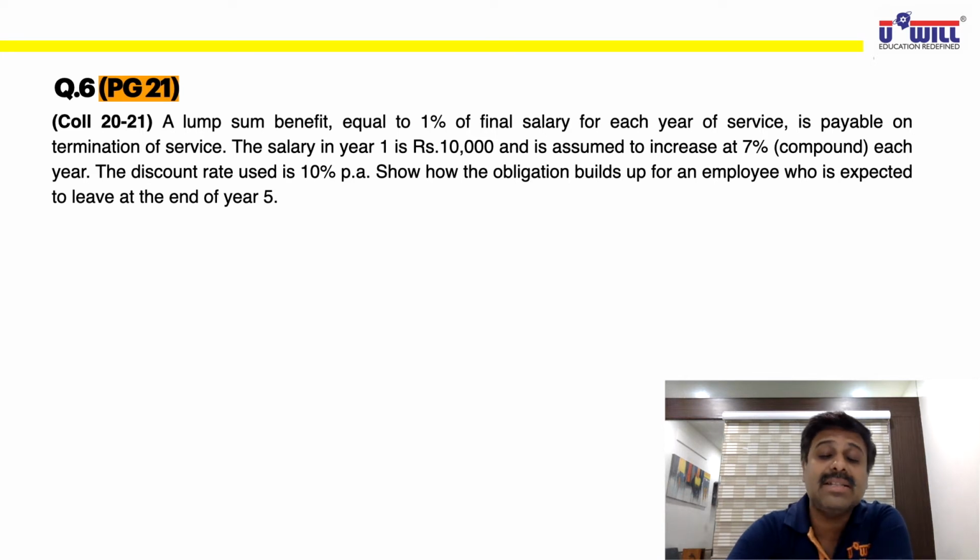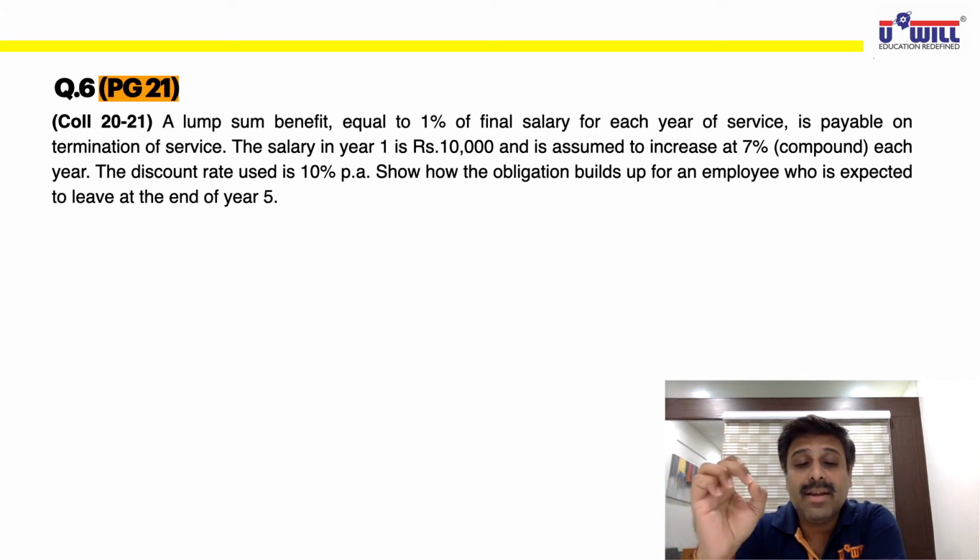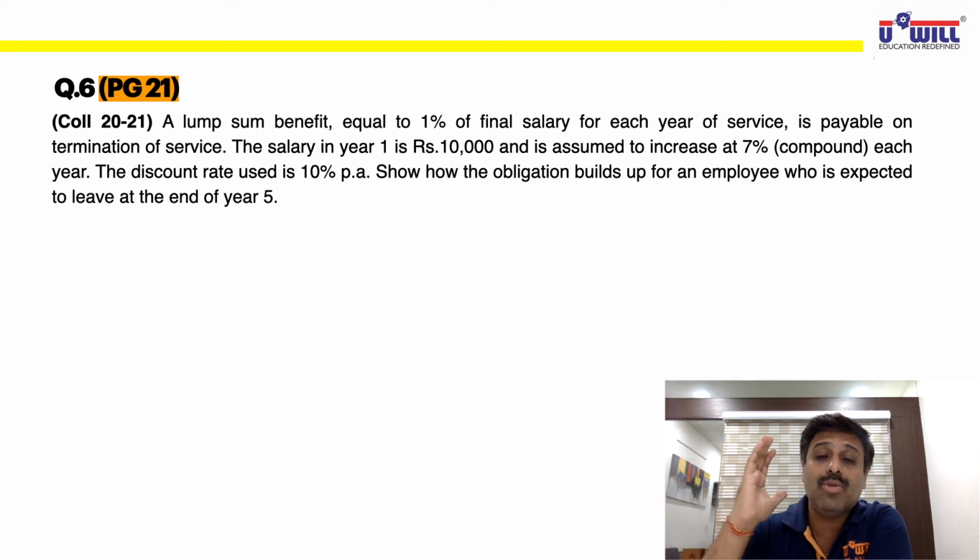You understand what is the discount rate? The rate used to convert future value into present value. In short, like a discount rate, investments will fetch 10% return. Write that. Whatever money you invest right now will fetch 10% return every year. So whatever amount you require to invest, lesser amount will be required because 10% return will also be generated on the same. So the discount rate used over here is 10% per annum.